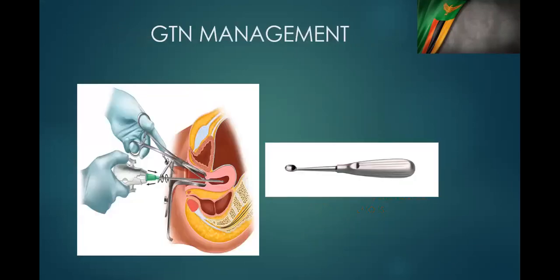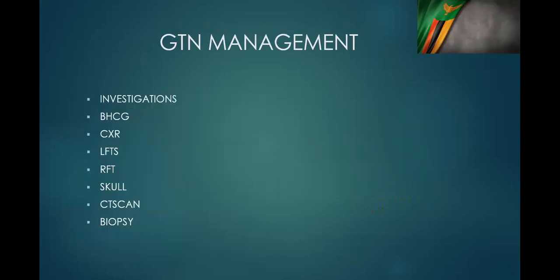So we've already talked about how you evacuate using MVA and how some people curette and so on. Then we come to the management of gestational trophoblastic neoplasia. So this is a patient whose beta HCG levels have not gone down. You've been monitoring that 8 weeks we talked about, and it looks like they're just going up. That patient, you have to make a diagnosis of gestational trophoblastic neoplasia because the beta HCGs have continued to go up